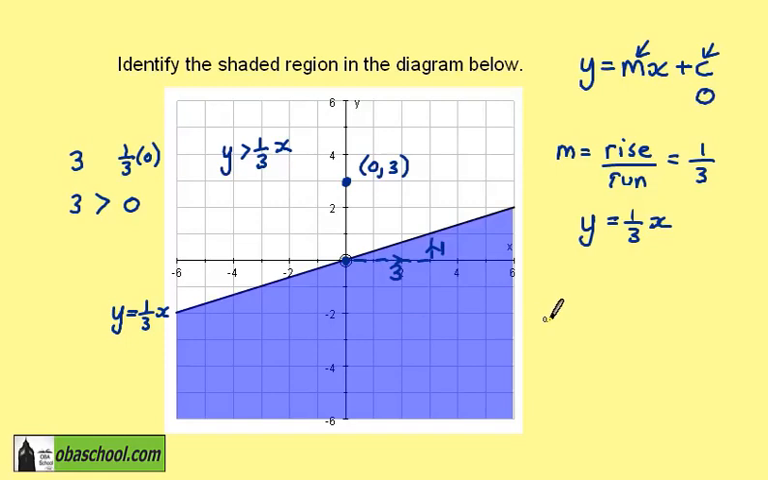It follows that the region we want is y is less than 1/3 x, but since the line was solid, it's less than or equal to